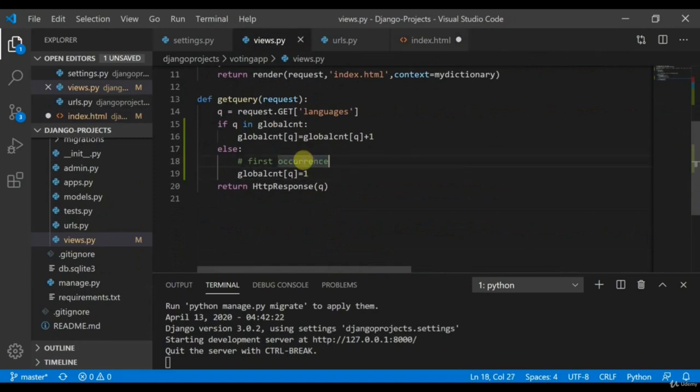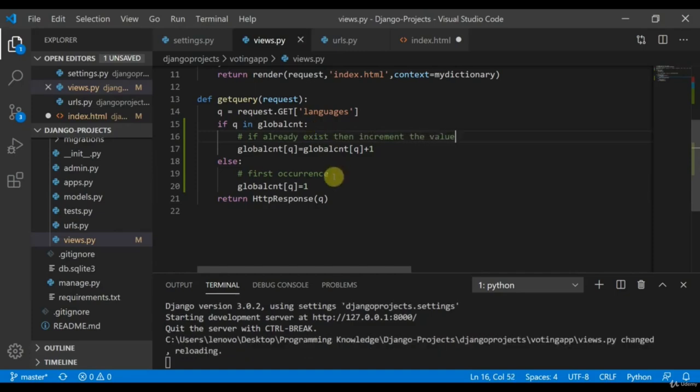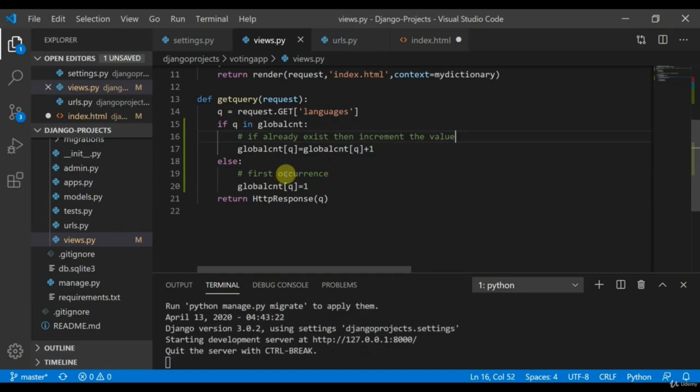Here you knew that we are working for the first occurrence, and if it already exists, then increment the value. And this was the first occurrence.